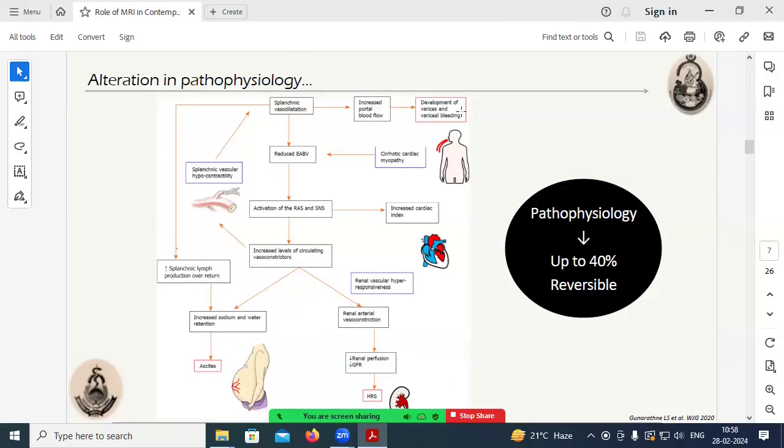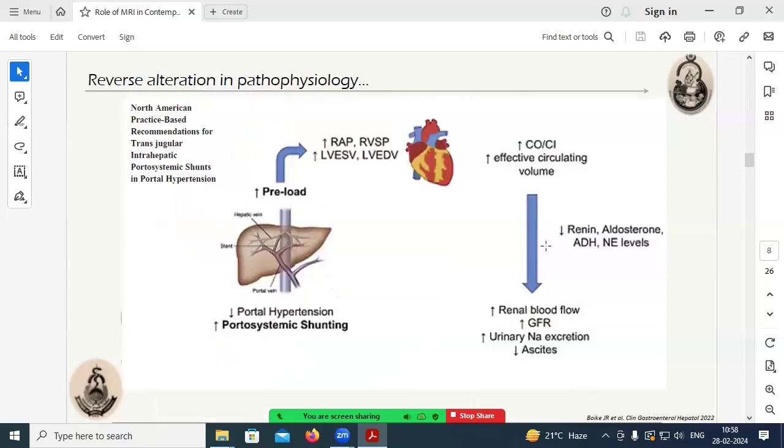So we know that all these complications, whether it is ascites, hematemesis, cardiovascular dysfunction, or renal failure, are secondary to all these processes put together. But the good news is that about 40% of the pathophysiology is reversible. So even in advanced cases, you would have 40% of the things that can be brought back to normal, that can be halted. And most of the literature that I'll be talking about